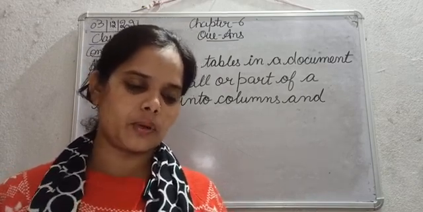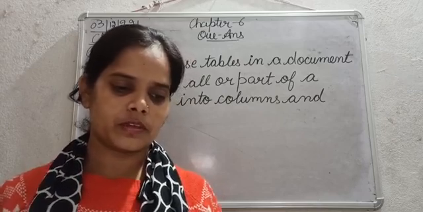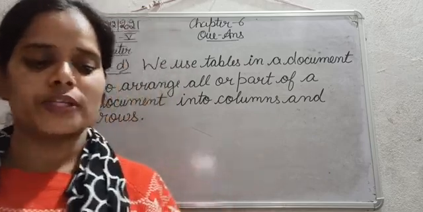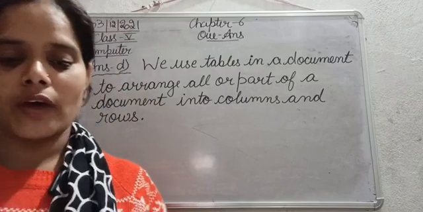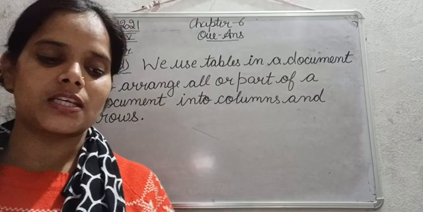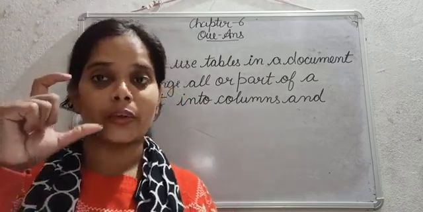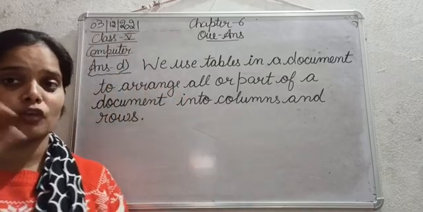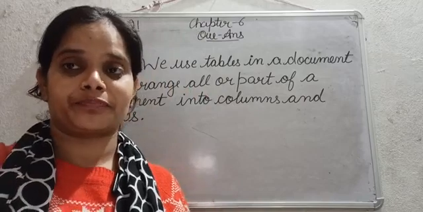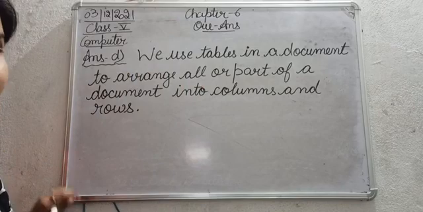Write down the question in your notebook. The drop cap feature allows us to display the first character of the paragraph in a large capital letter that enhances the appearance of the paragraph. So the first letter will be written in capital letter, and its size is bigger than all the other letters, which enhances the appearance of the paragraph. So let's write down answer number E.